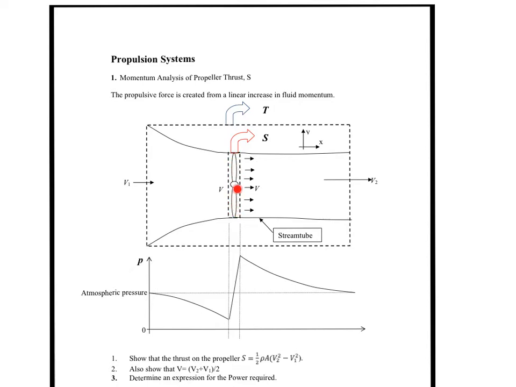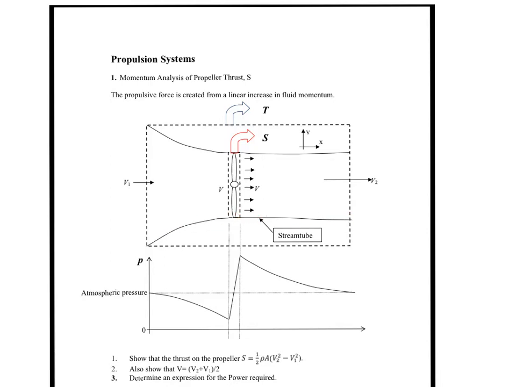The momentum force on that inner control volume we will label S. There is now an external control volume drawn around the extremities of the two streamlines,